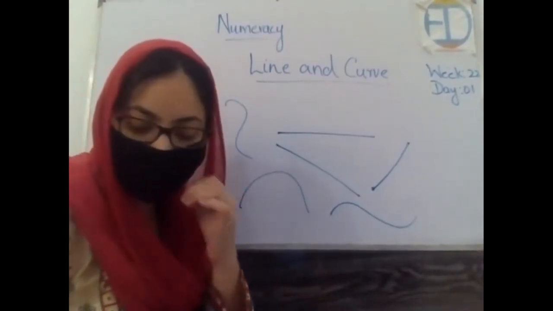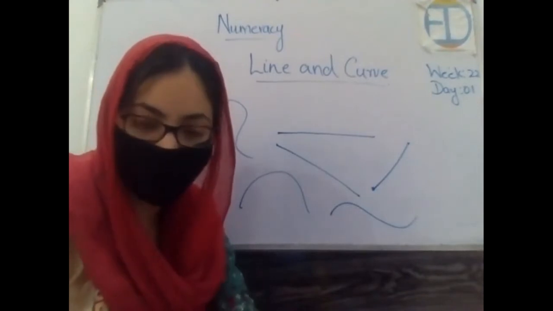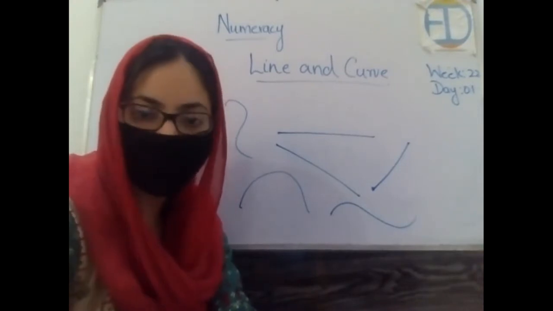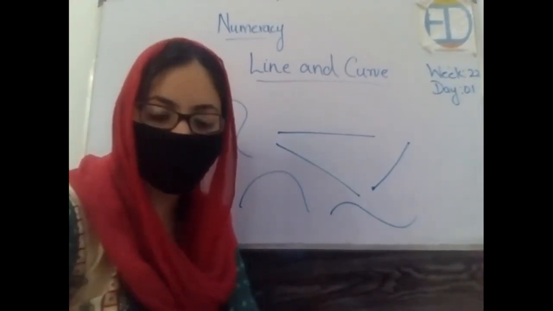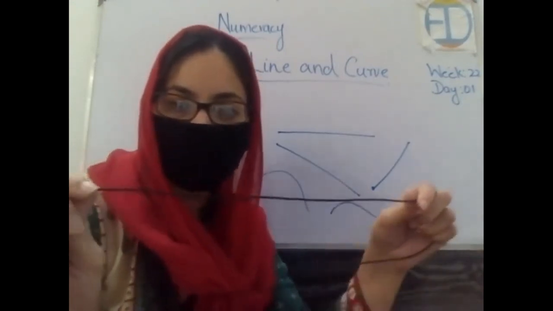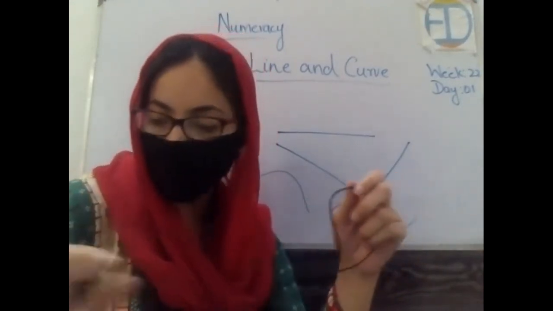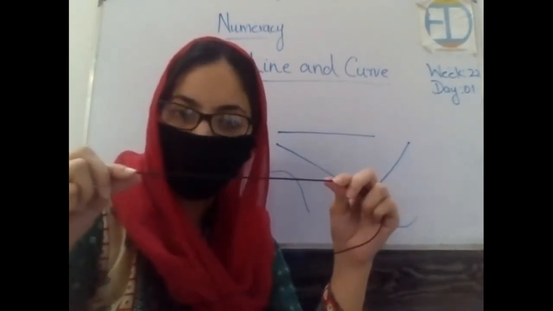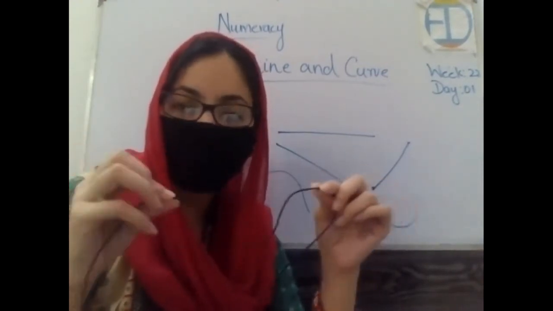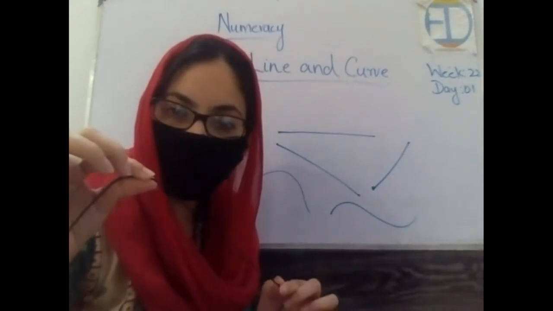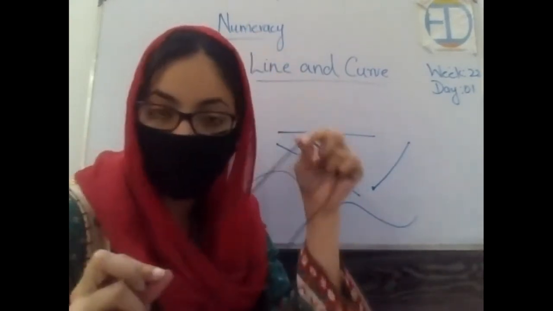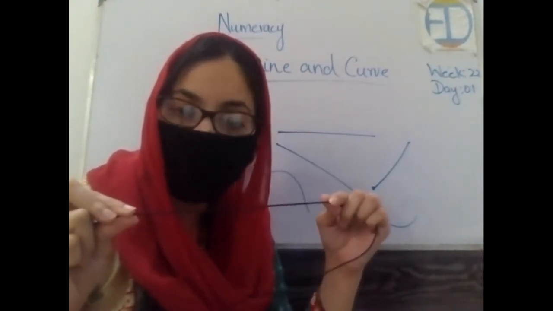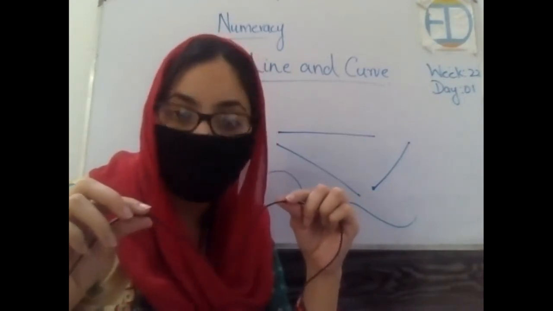Now, let me give you another example. Do a little activity. Practice this at your home after school. You will take a small piece of thread, okay? Then hold it in your hand. Now see, when I hold it tightly between my two hands, it's a straight line. Now it can be in this direction, it can be in this direction, it can be in this direction, right? The second thing is curve. When I'm holding it tightly, it's a line. When I loosen it, it's a curve.